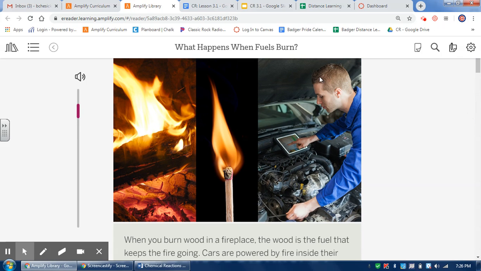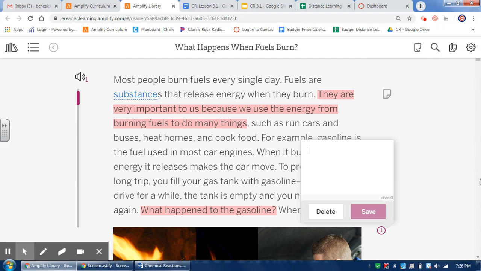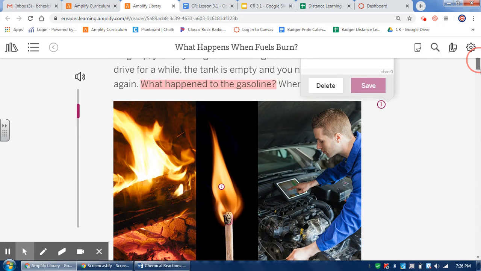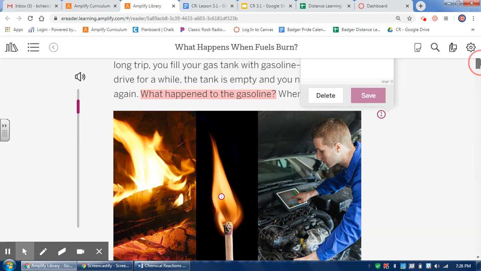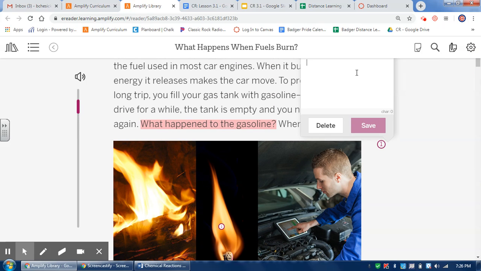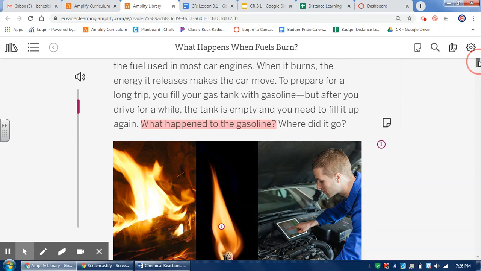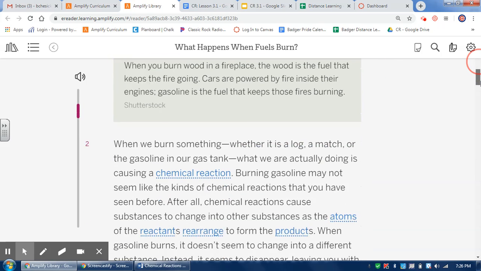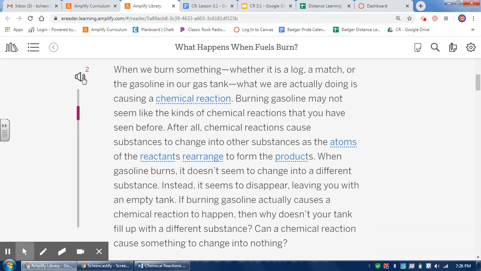Okay, a commonality, and I'm just going to click in the middle here. Something that I see that's kind of common between wood burning and gasoline needing to burn is that maybe to release energy, you need to burn things. So I'm going to just annotate that. And you're more than welcome to pause at any point that you want. Okay, we're going to go on.